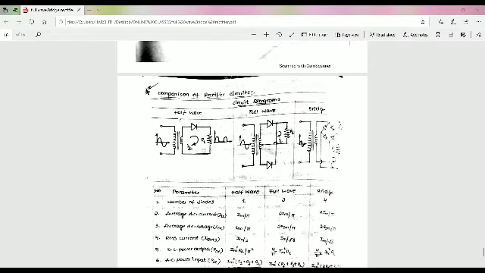And full wave rectifier is input is AC input, so output is pulsating DC output. This is the center tap transformer and two diodes are used, and this is the load resistance. Current flowing through the load resistance is IL. And the bridge rectifier, so input is AC input, output is pulsating DC, and four diodes are used. Okay, this is in the form of bridge D1, D2, D3 and D4, and the load resistance.